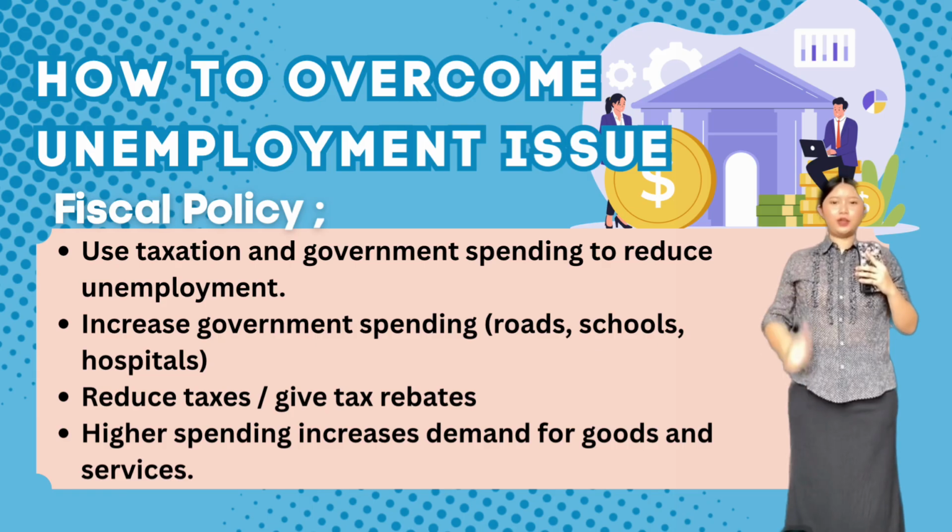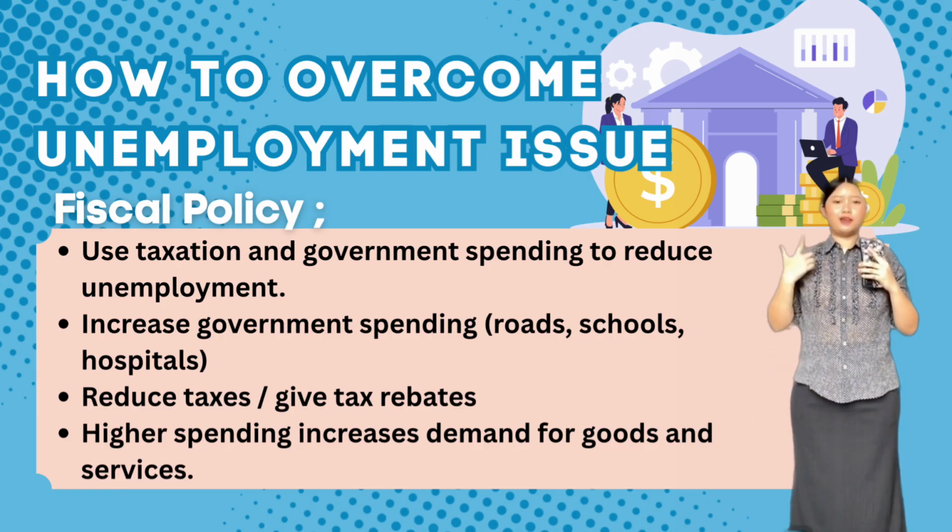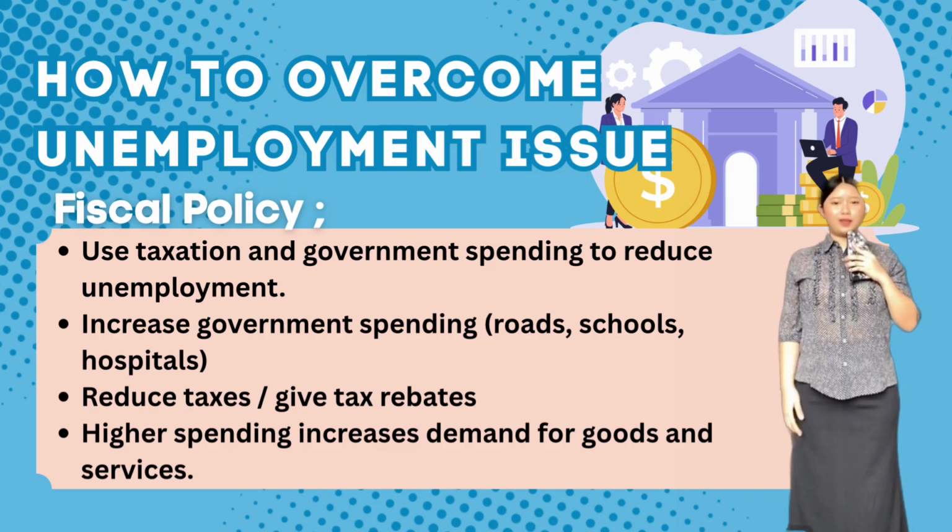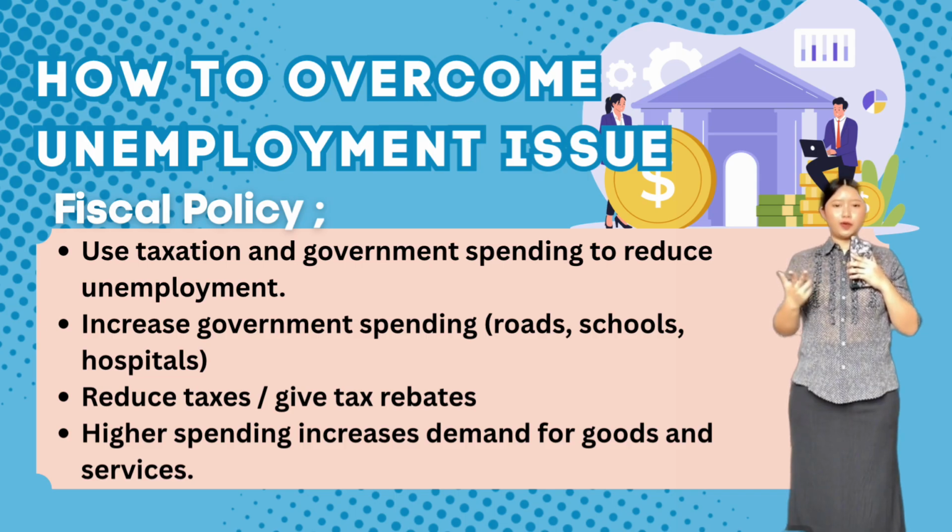Firstly is the fiscal policy. Fiscal policy refers to the government's use of taxation and government spending to influence the economy. Its main objectives are to stabilize the economy, promote sustainable economic growth, and reduce poverty. How does it work? The government can change the level of taxes and spending during periods of unemployment, and